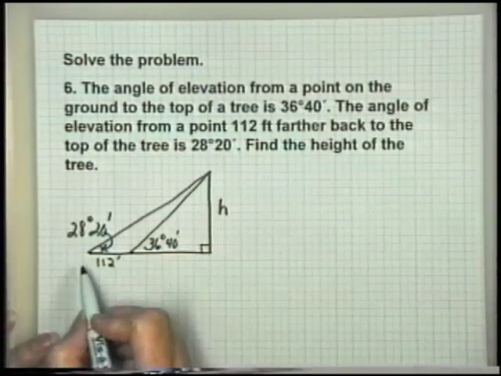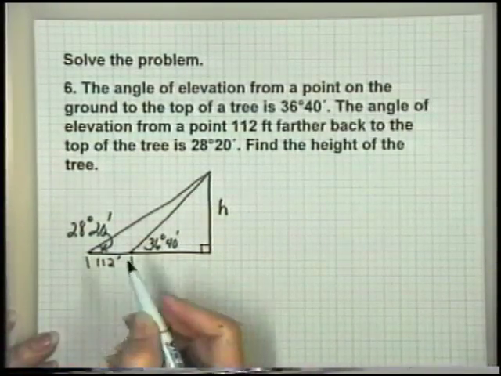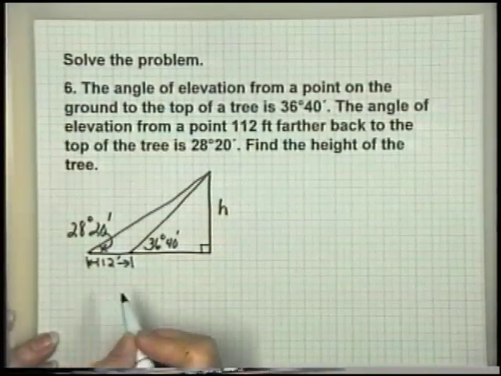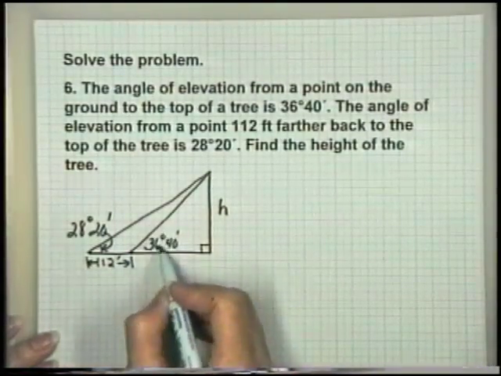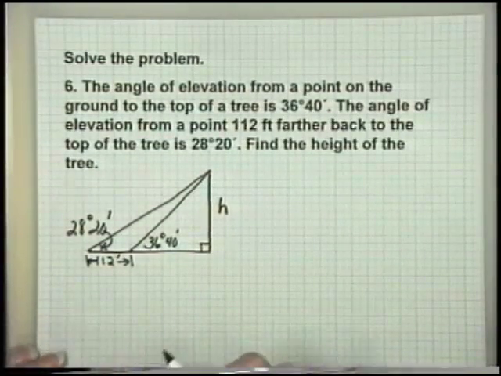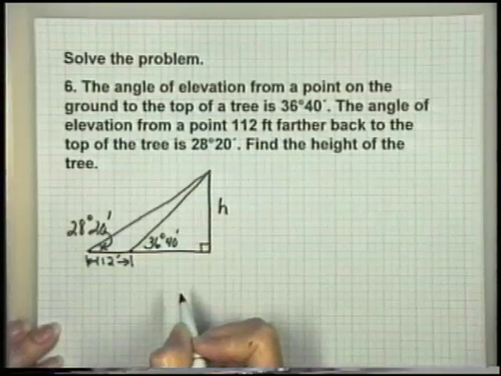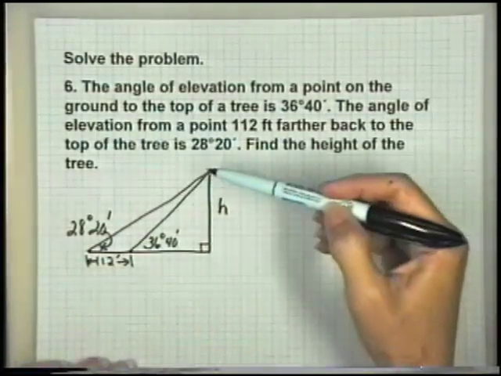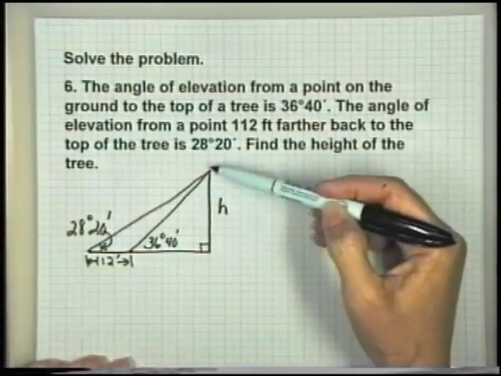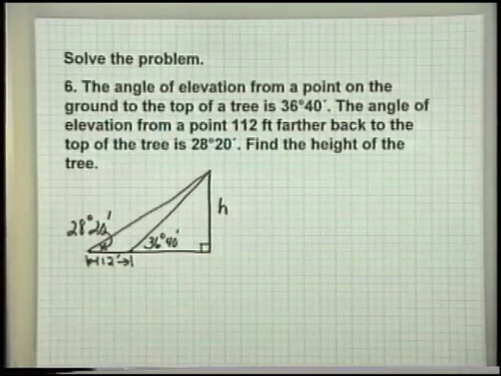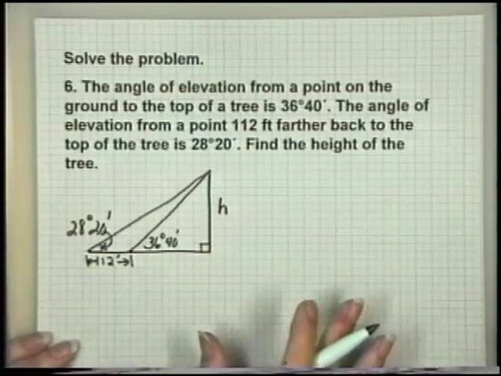So this angle right here is 28 degrees 20 minutes. This distance from here to here is 112 feet, and this angle is 36 degrees 40 minutes. So what we will do is we'll use the fact that we have 2 right triangles, and h represents a leg for both of them, and we will set up